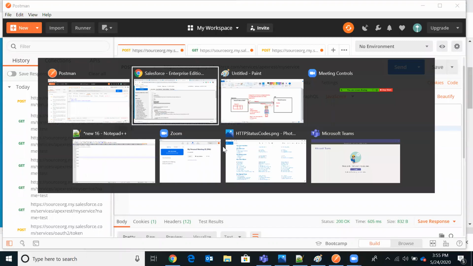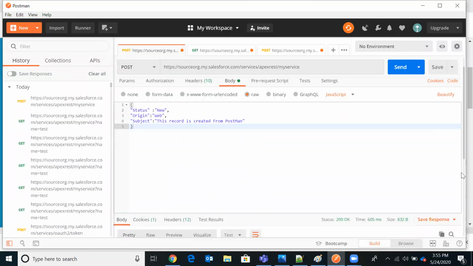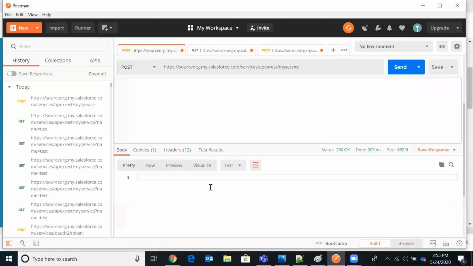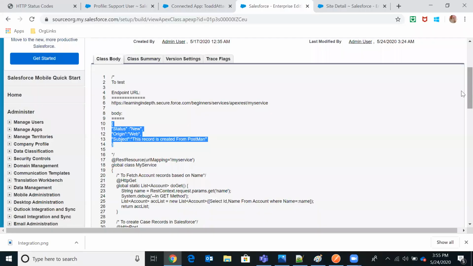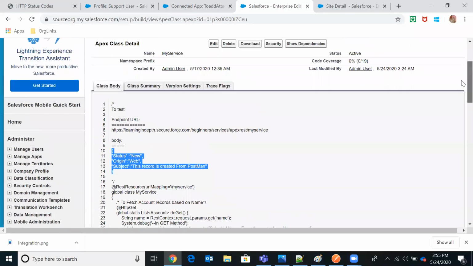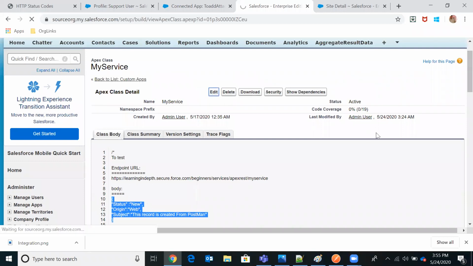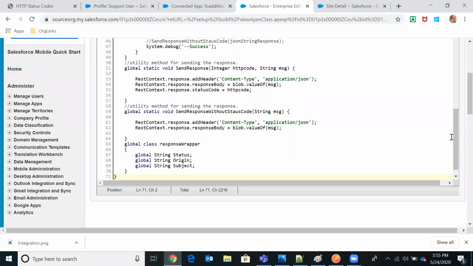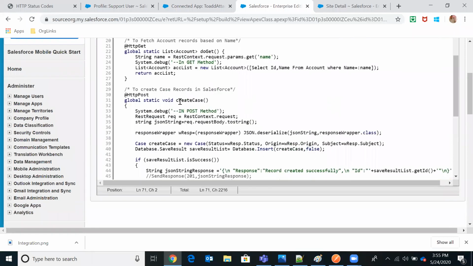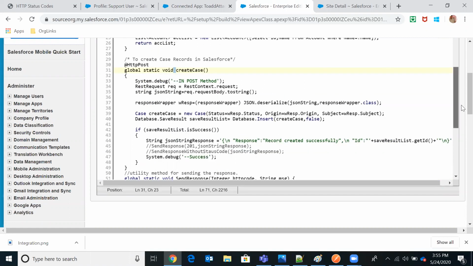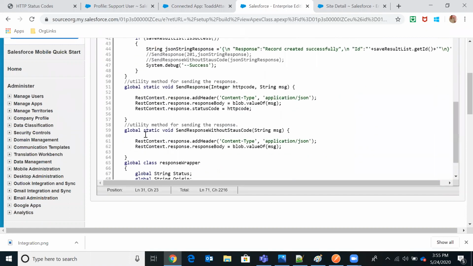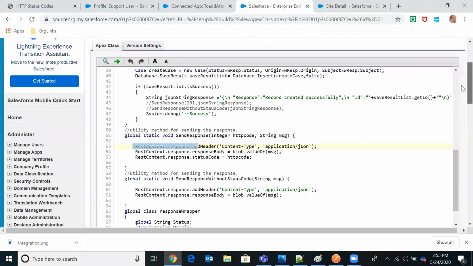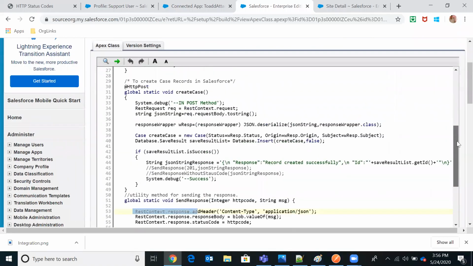The reason why we have not received any response is that the POST method, I have made it void, and I am not utilizing any response class for returning the response.